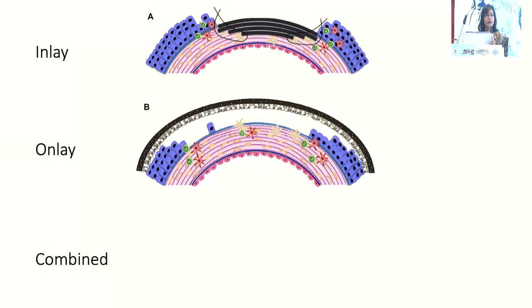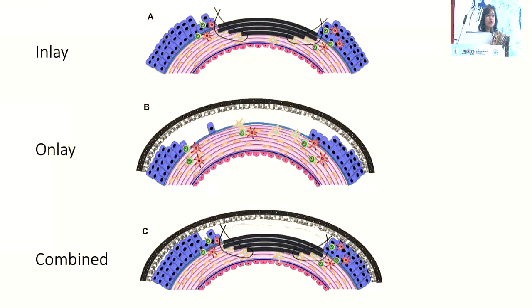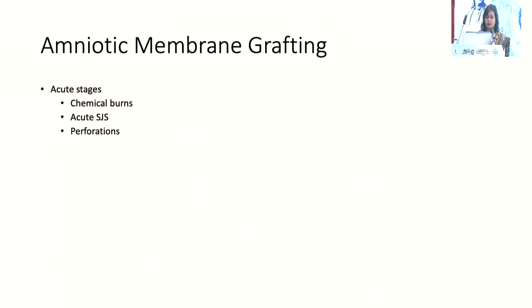It can also be used as an onlay, wherein the stromal side is up and the epithelium beneath it, and the normal epithelium from the surrounding sides is allowed to grow underneath it. And of course, it can be used in a combined manner too. So just for the sake of convenience, I will divide it into the uses of amniotic membrane